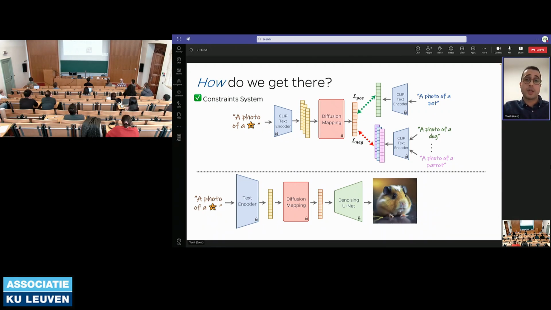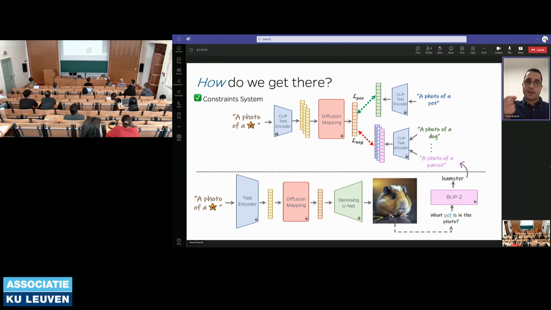Then what I'm going to do is take this image and pass it into a vision language model, in this case BLIP-2. And I'm going to ask the model what pet is in this photo. In this case, BLIP is going to say there's a hamster in this image. And I'm going to add hamster as a constraint into the next interval. Right? And what's going to happen is in the next interval of training, my concept is going to try to